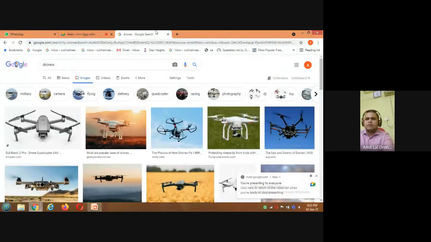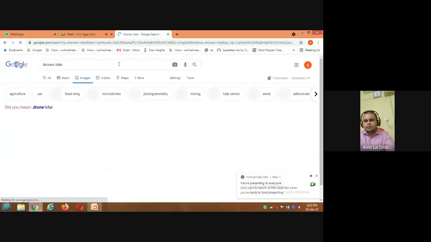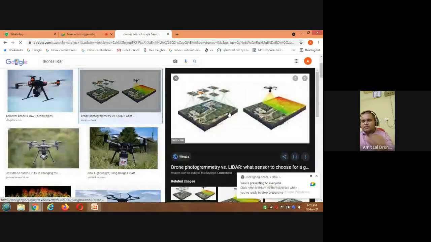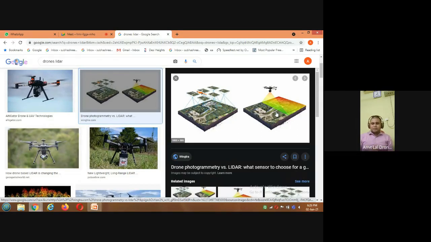Okay. So if you can see here, if it is visible to you, this is what a LiDAR is doing. So what is LiDAR? LiDAR is just like a sonar, but it uses light instead of ultrasonic sound waves. Instead of ultrasonic sound waves, it uses optical waves. So there are hundreds of laser beams going and striking a surface, and when they strike, the image is being captured.